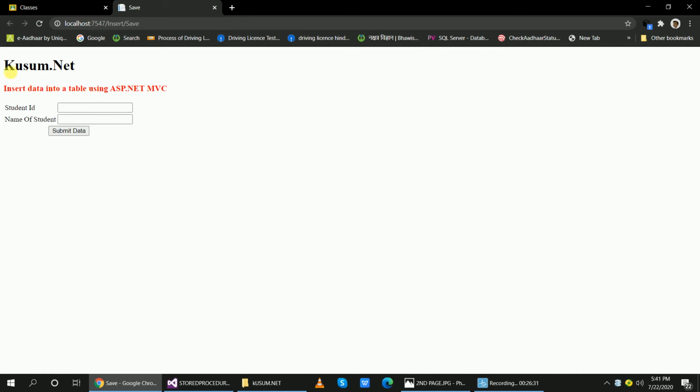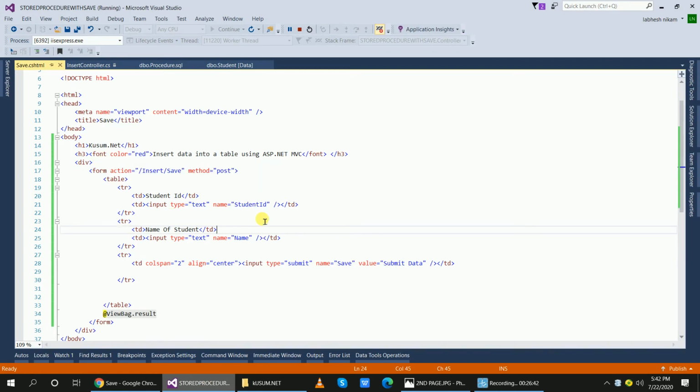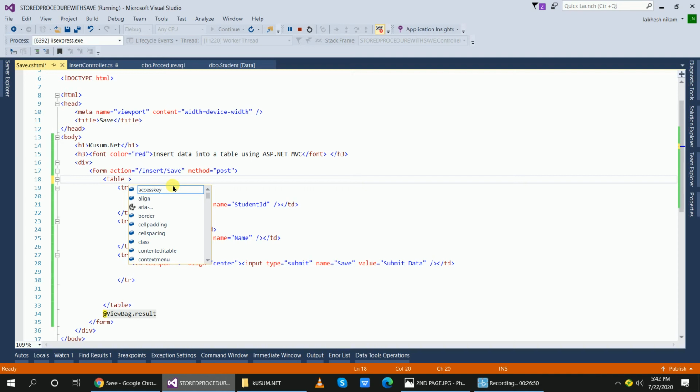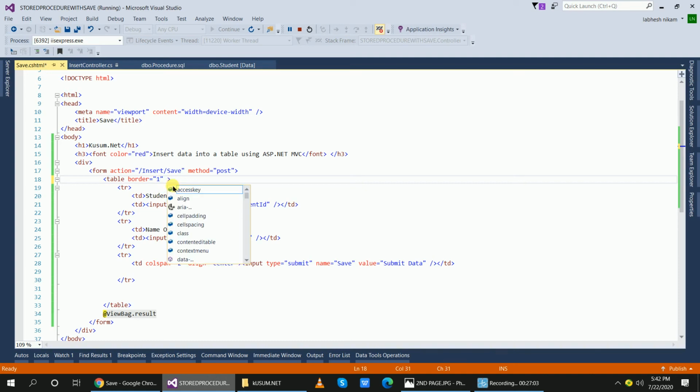In the title, there is no color, and in the table, there is no border and no background color. So we will use the color property in the table to show the background. First, we want to see the border. If we don't put a border, then it won't display a table. So put border equal to 1, and background color equal to